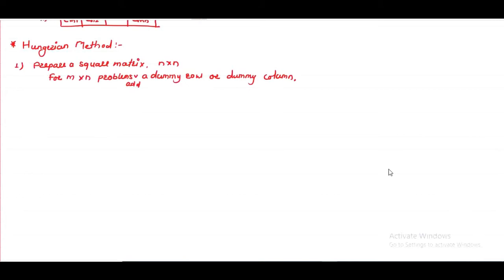If the number of rows is less than the number of columns, then we have to add a dummy row, and if the number of columns is less than the number of rows, then we have to add a dummy column. And whenever we add a dummy row or dummy column, all the elements of that dummy row or column are equal to 0.